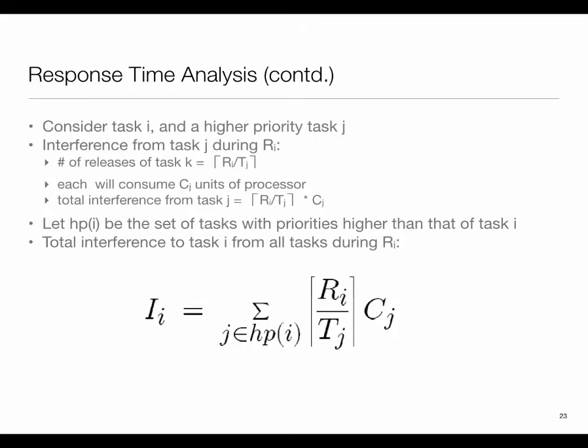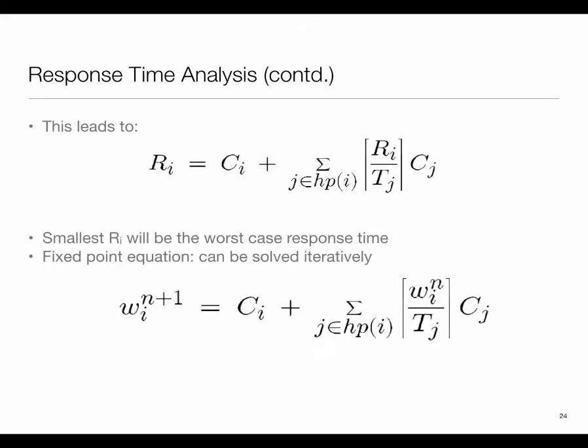And then I can sum it over all the higher priority tasks. So this formula at the bottom gives me the interference that the ith task is going to see from all the higher priority tasks. It is basically saying: sum the term ceiling of Ri over Tj times Cj across all the higher priority tasks. Any questions on this? It's just algebraically expressing the notion that I have to handle each one of those higher priority tasks. And that gives me my formula. It says R sub i is equal to C sub i plus the interference. And if I could solve it for R sub i, then I'm done.